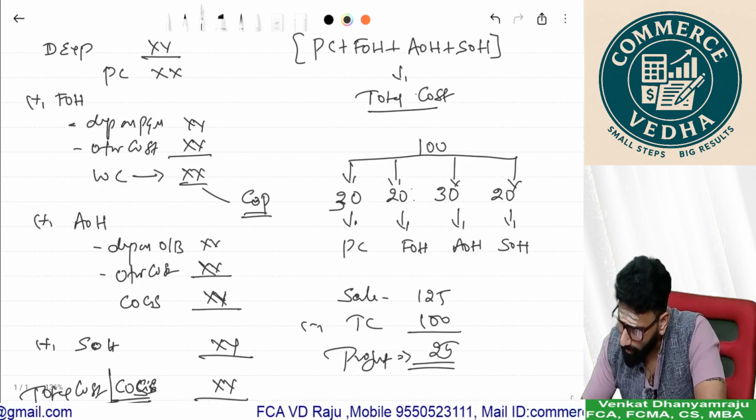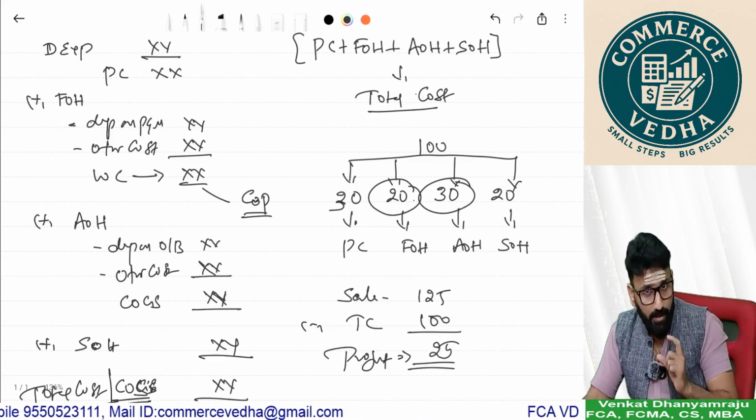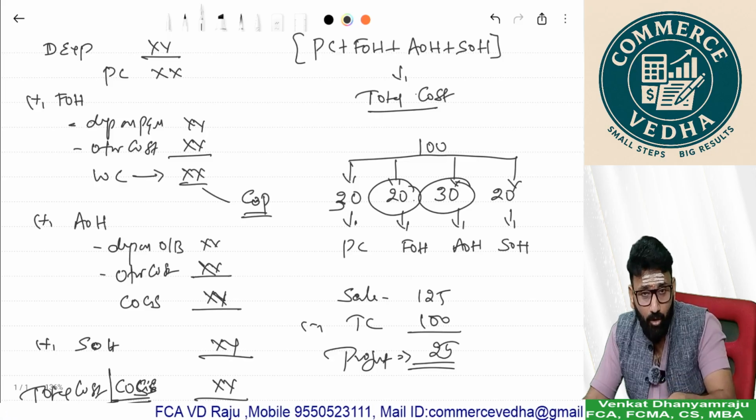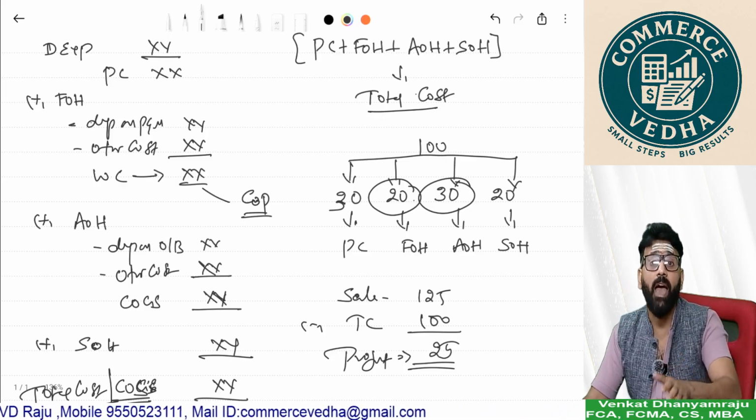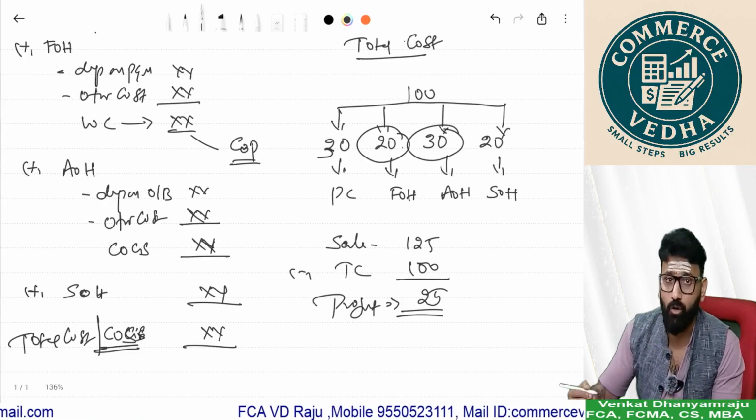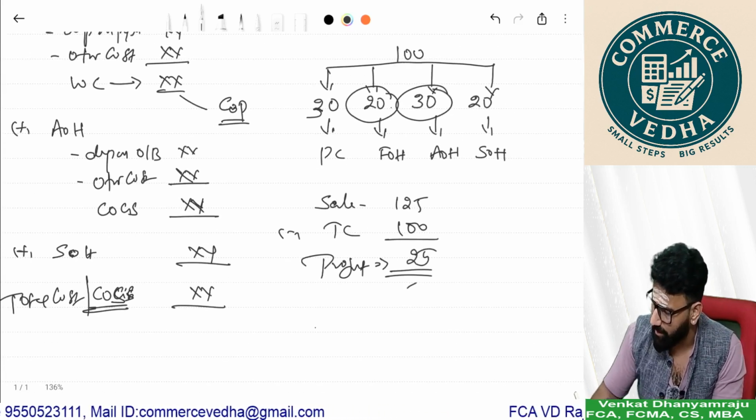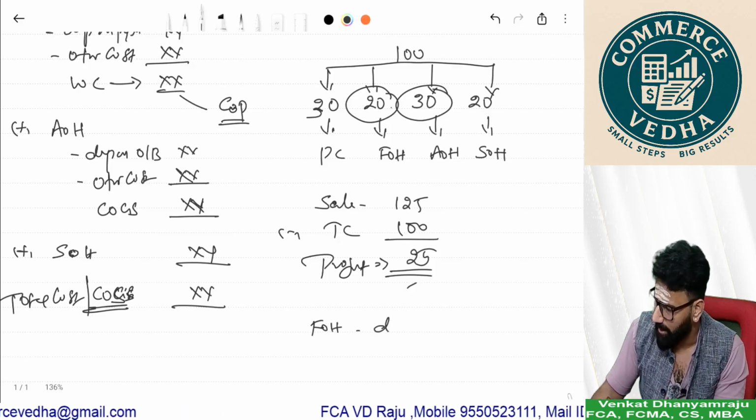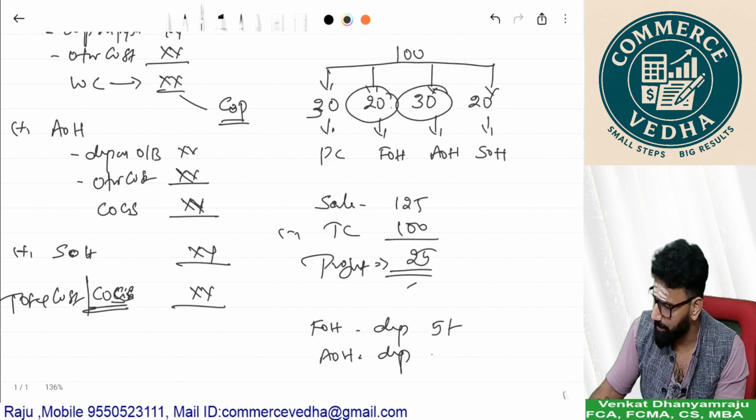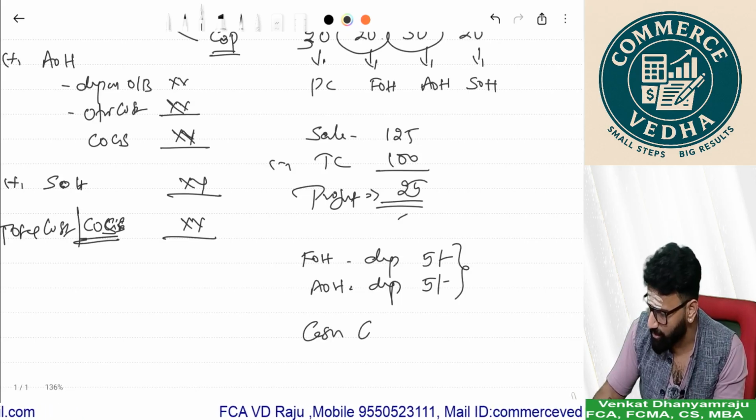However, this cost includes depreciation. In my factory overheads and in my admin overheads, I have an element called depreciation, which is a non-cash expenditure. So if I compute my profit on total cost basis, it is 25. Assume depreciation in factory overheads is 5, and in admin overheads, depreciation is 5. Hence, my cash cost will become